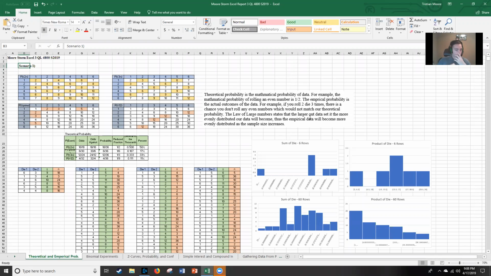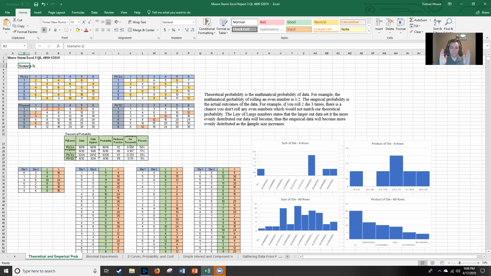In Excel report number 3, this is going to be scenario number 1 that I'm going to talk about first, and we're talking about theoretical and empirical probability. All right, so theoretical probability is the mathematical probability of data. For example, if there is a 50-50 chance of an event occurring like flipping a coin,